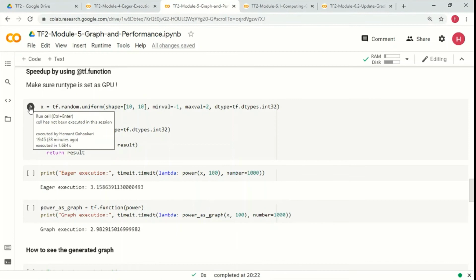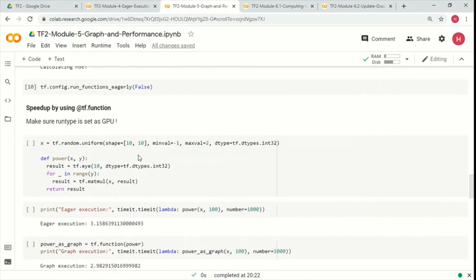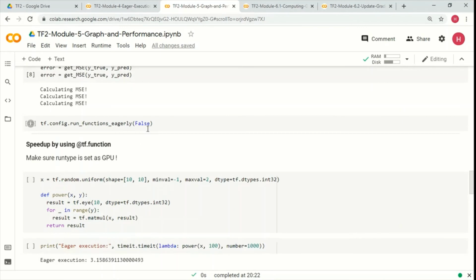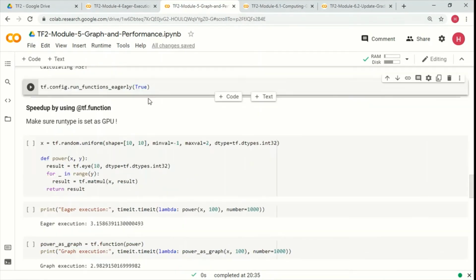So let's do this. We had turned off the eager execution, so let's turn it on again because we want to see how it works with eager execution. I'm going to set it to true here.